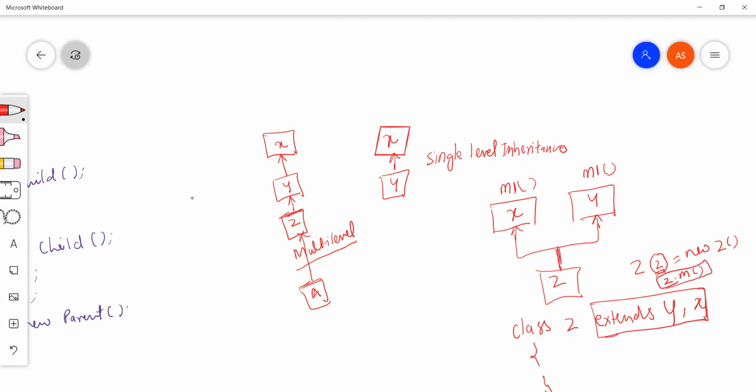So which one to call? Which M1 are we going to call? So itself there is a confusion. Getting my point? Either to call from X or from Y. So ambiguity is there, like for this Z there are two M1. To remove this kind of ambiguity, Java does not support multiple inheritance. Getting my point? Let me know in case you have any doubt.